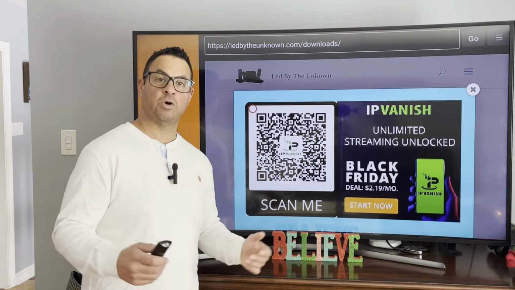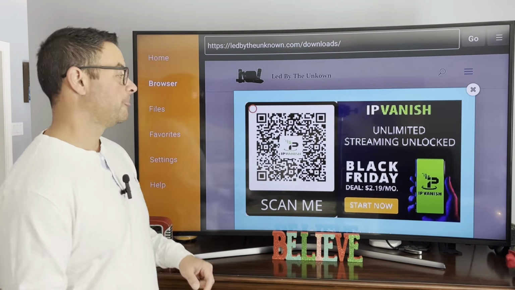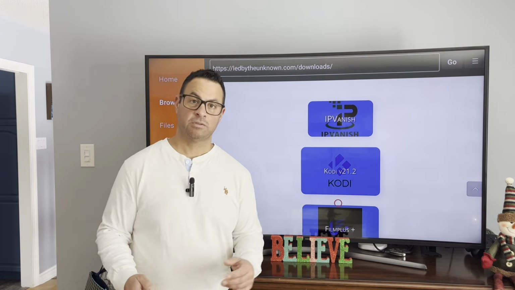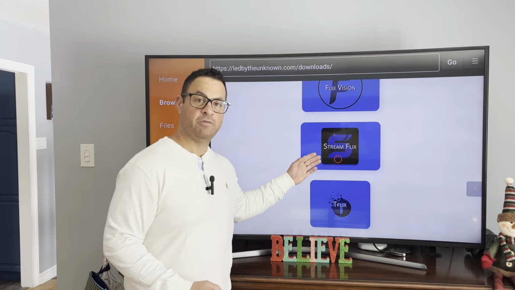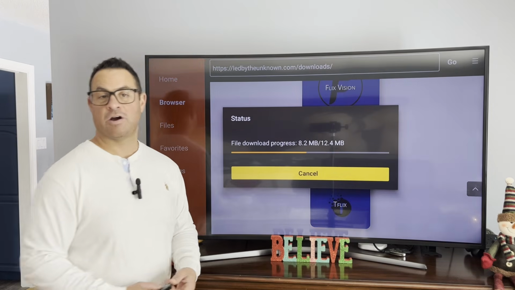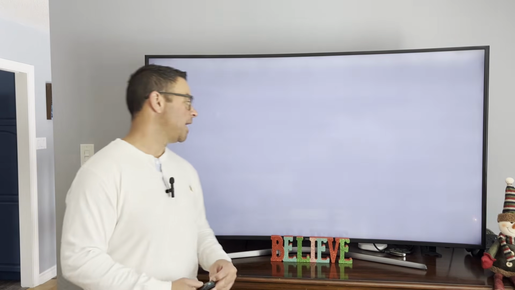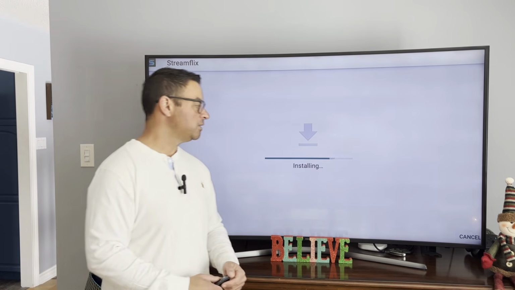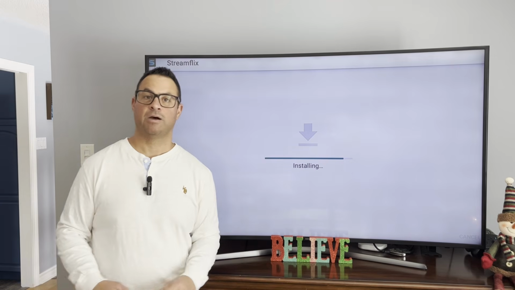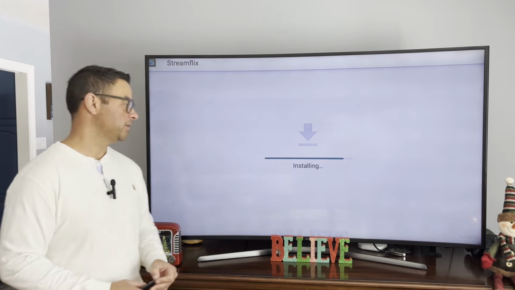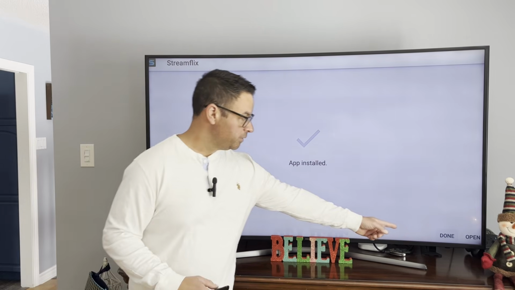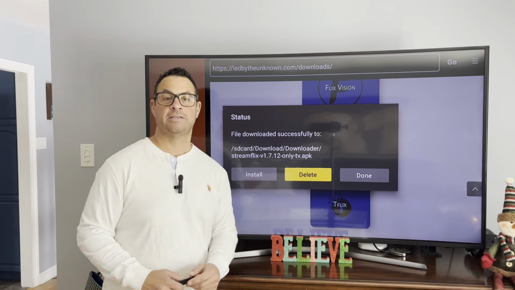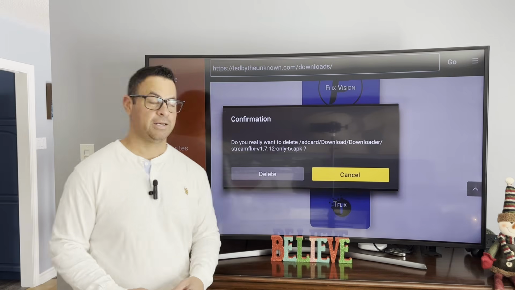So movies, TV shows, live TV is what we're looking for. Let's head down. So the latest movies and TV shows. Get you a couple new ones here. Movies and TV shows. Click on it. Small, tiny little application for us to download. Down in the bottom right, we can just click install. And the app starts downloading and installing to our device. Now that the installation is done, we can just highlight done and click on it. And then we need to delete the installation file as we no longer need it taking up space on our